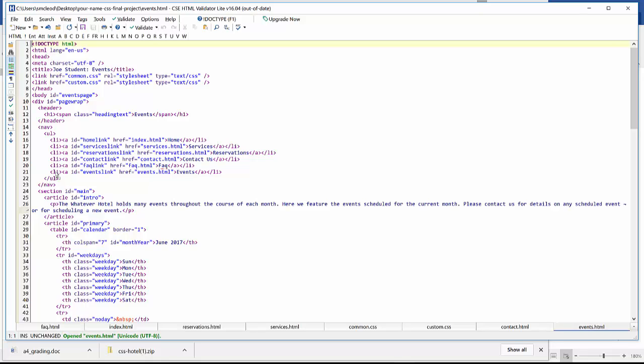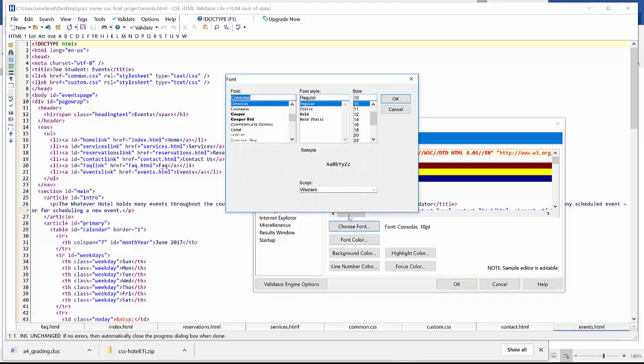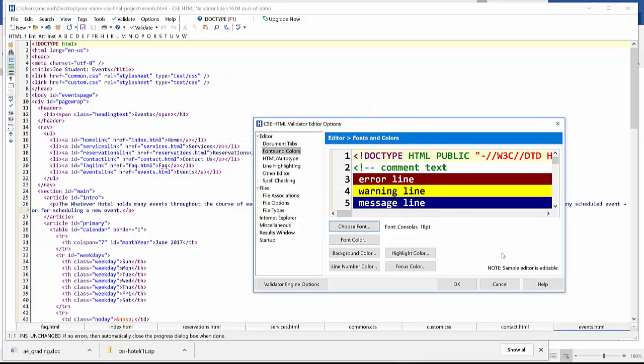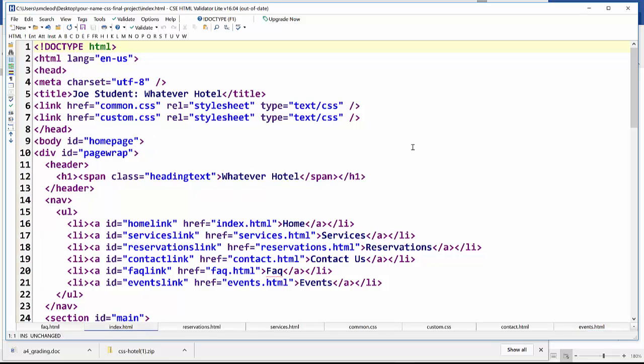These are the documents that you're given, and of course these are what we're going to be modifying and then later submitting. I'm going to adjust my editor options so that it's a little bit easier to see everything. Okay, so let's take a look here. I'm going to begin with the home page, and we're just going to walk through a little bit of this code so that you can get used to what this is going to look like so that you can better style it. So of course we're dealing with HTML5 based code here,